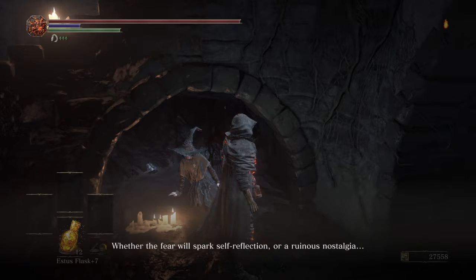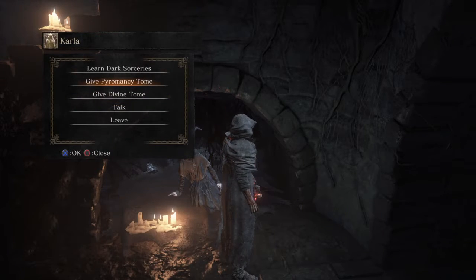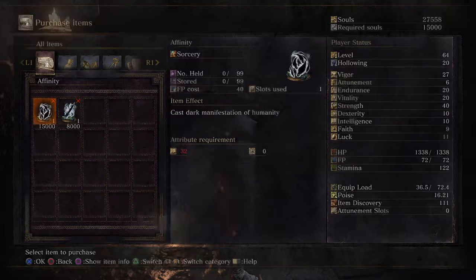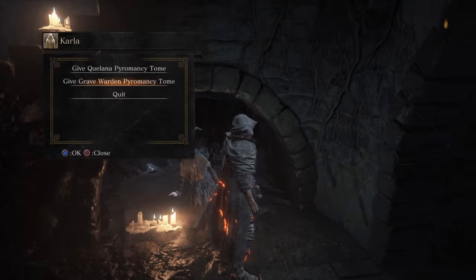There is one thing... So she says the same thing. So you can learn Affinity and Dark Edge. But with the Grave Warden Pyromancy Tome...